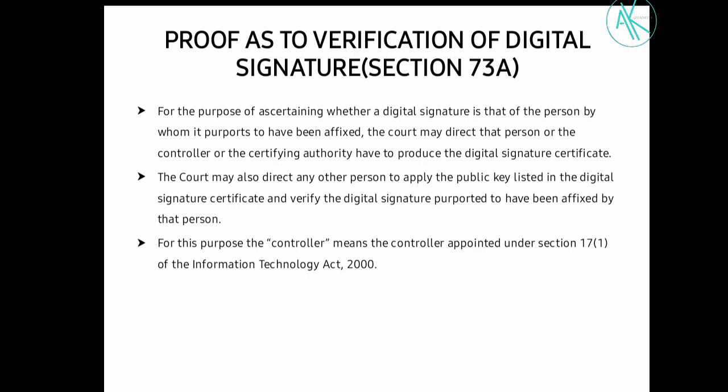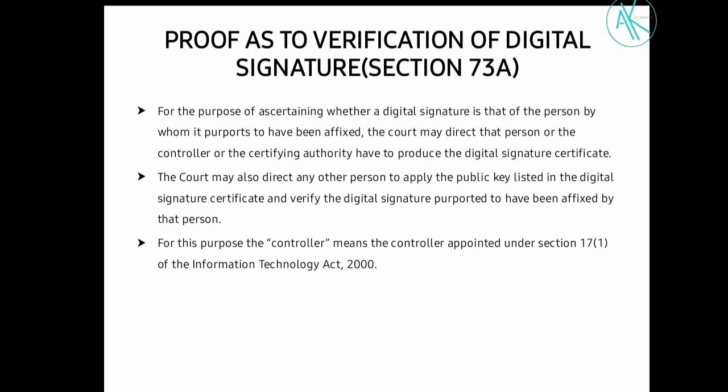Under Section 73A, proof as to verification of digital signature. For the purpose of ascertaining whether the digital signature is that of the person by whom it purports to have been affixed, the court may direct that person or the controller or the certifying authority to produce the digital signature certificate.